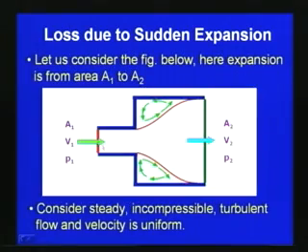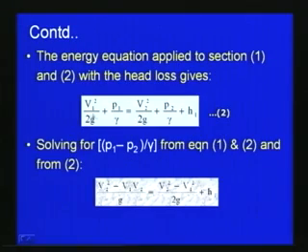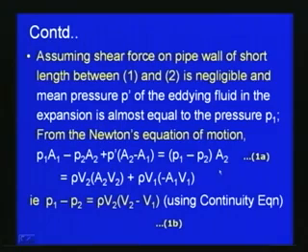So, here between this section and this section, if HL is the head loss, we get V1 square by 2g plus P1 by gamma is equal to V2 square by 2g plus P2 by gamma plus HL. Now, solving for P1 minus P2 by gamma from this equation, and using equations 1a